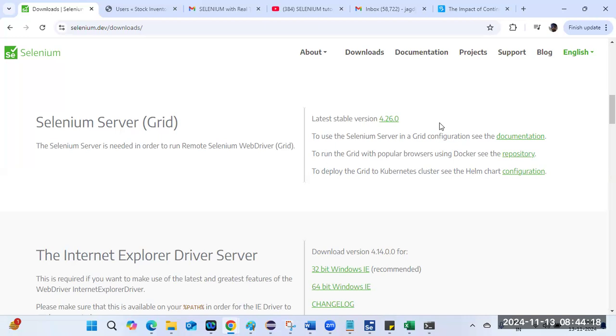Stable means you can download that one. If it is unstable, you cannot take that one. If it is beta, you cannot take that. If it is alpha, you cannot take that. So in real time you always need to take the stable build. Stable means it is working as expected. So you need to take this build, meaning you need to download it. Once you download it, it will be stored in your downloads, or you can copy it into any local folder. Once you have downloaded the web driver, now what you need to do,